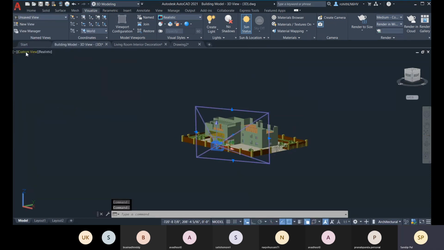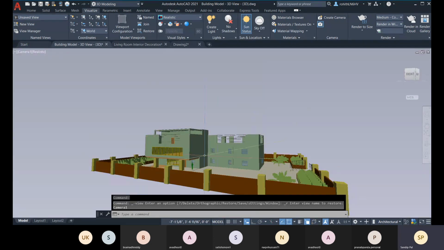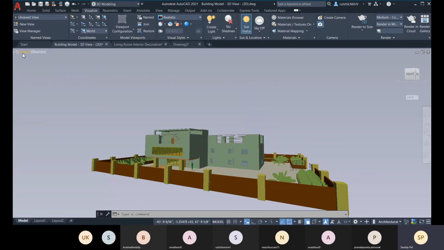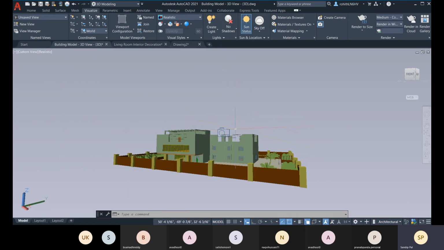Now you can come to this custom model view, camera one, and this is the view. If you need to change this, you can come again to the SW isometric and change it. If you zoom within this and change the view, you will escape from that camera view.